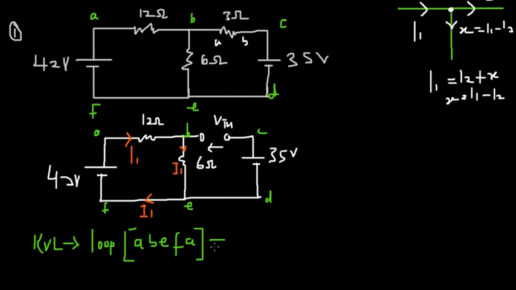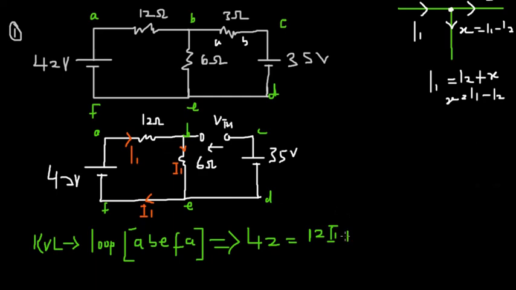So this one will give us 42 volts to be equal to 12 ohm, so we have 12 times I1, and then we have